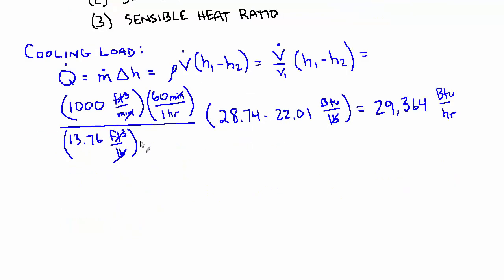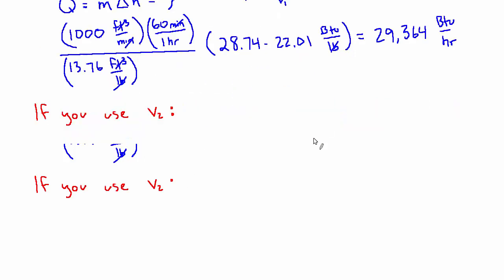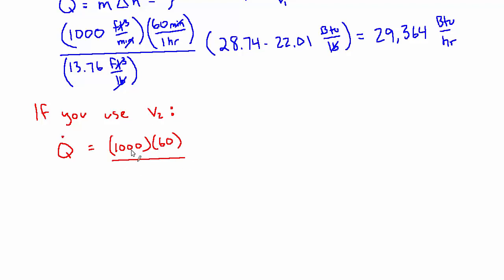Now, if you incorrectly use V2, and now I'm switching colors so that if you refer to the red, you'll know it's not what you're meant to do. Let's see how those numbers would change around. And I'll skip the units because a lot of the numbers are the same. You'll get a total cooling load of 1,000 times 60, but instead of 13.76, now it's 13.19, and the enthalpy is the same, 28.74 minus 22.01. That equals